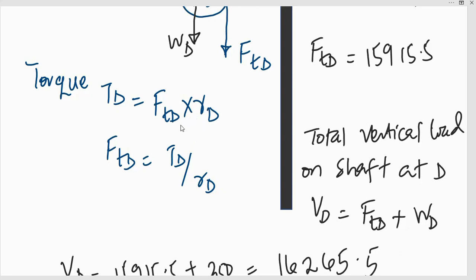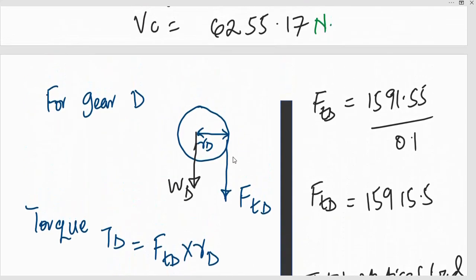So the force involved is FTD, and the perpendicular distance is RD, which is the radius of gear D. We have all this information, and this is going to be FTD equals TD divided by 0.1, which is the radius of gear D, and at the end we have